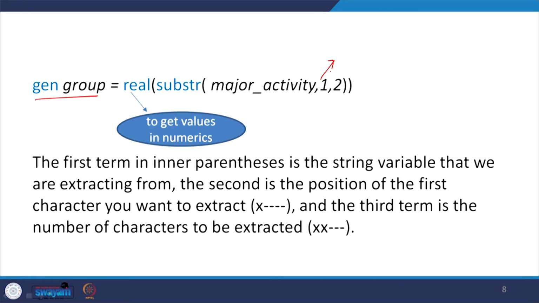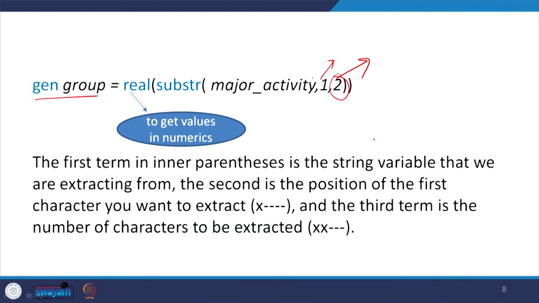So you just specify 1 there, and after the next comma, the third term is how many characters it occupies. The 2-digit classification you want to extract has occupied up to the second character, so you mention 2 here. There are 5 characters in that string, so you mention the second character accordingly.